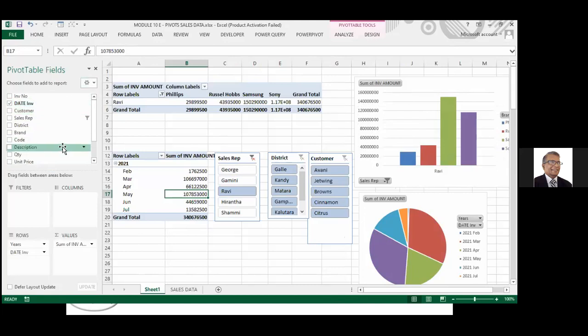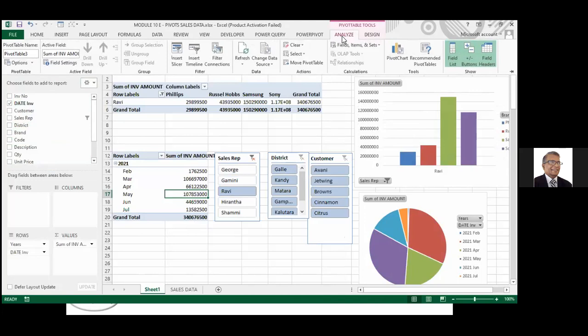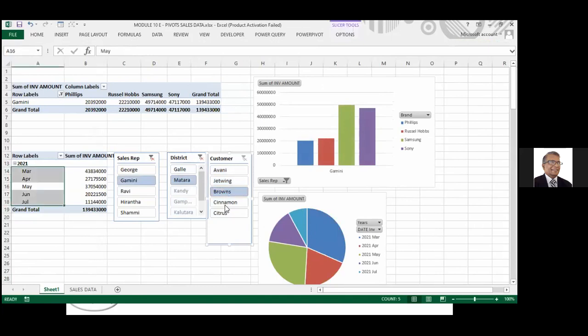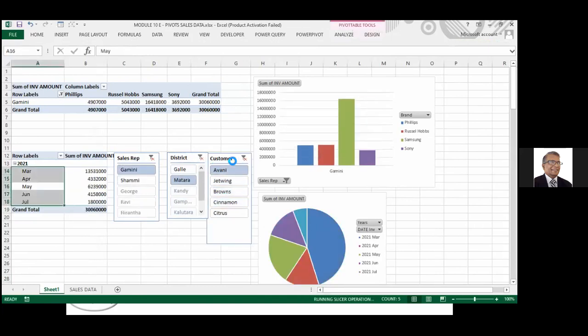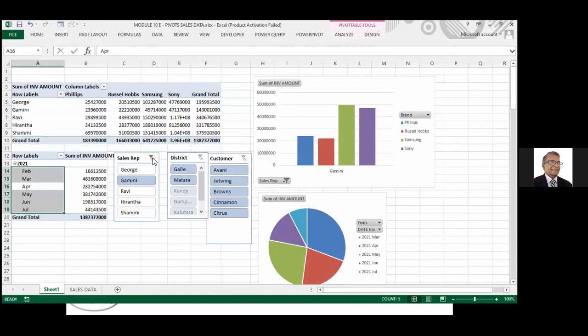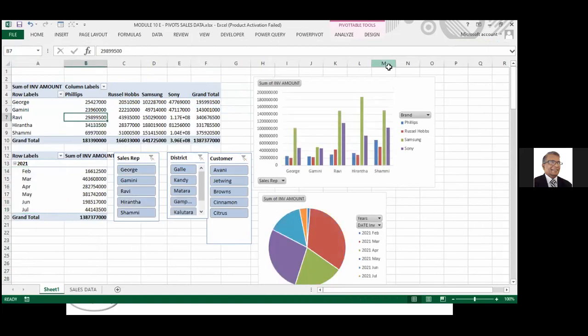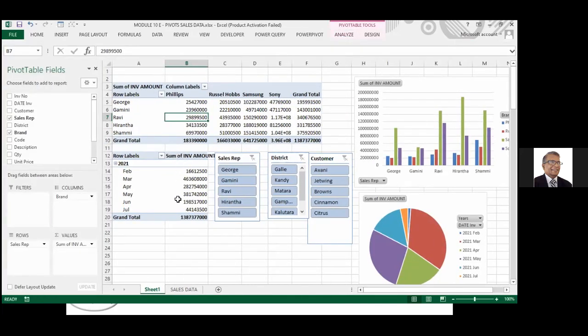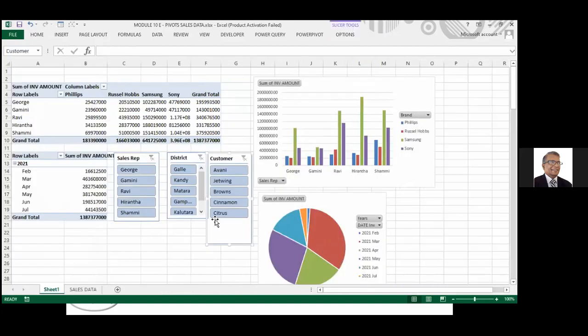So if you don't want to see this, there's another way you can do it. You can simply go to analyze and remove the field list. Then the field list doesn't come at all. Even if you click inside this, it doesn't come. Now you can see it's not moving. Whatever it is, it's the same. Steady, right? Okay. So I'll put the field list back. Like that, you can keep on copying one after the other and do anything you want without doing again and again. That's easy. And then connect the filters to all the reports or only one report, whatever you want.